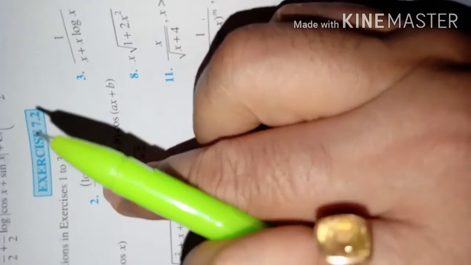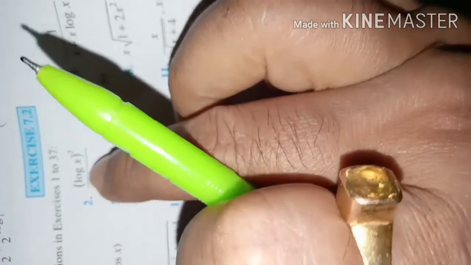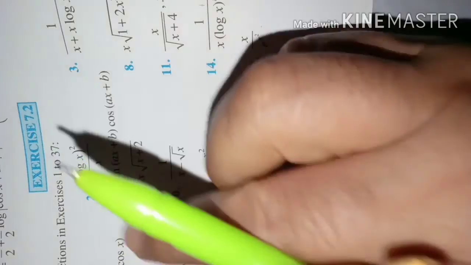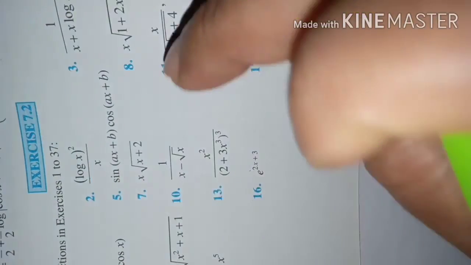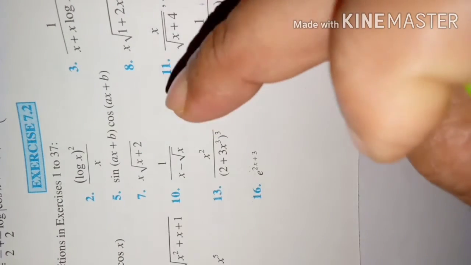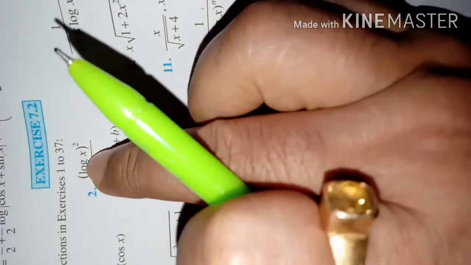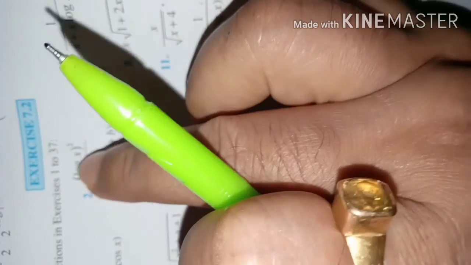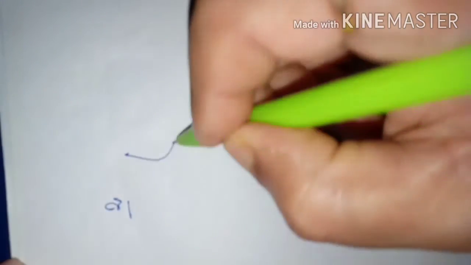Let us take question number 2 also. Okay, you will get some idea. Log x whole square divided by x. Dear students, tell me whose derivative is another? Here two parts are there, numerator and denominator. One of these, its derivative is the other one. What is that? Derivative of log x is what? 1 by x. So we can take log x as t. Then the whole thing will change into integration of t.